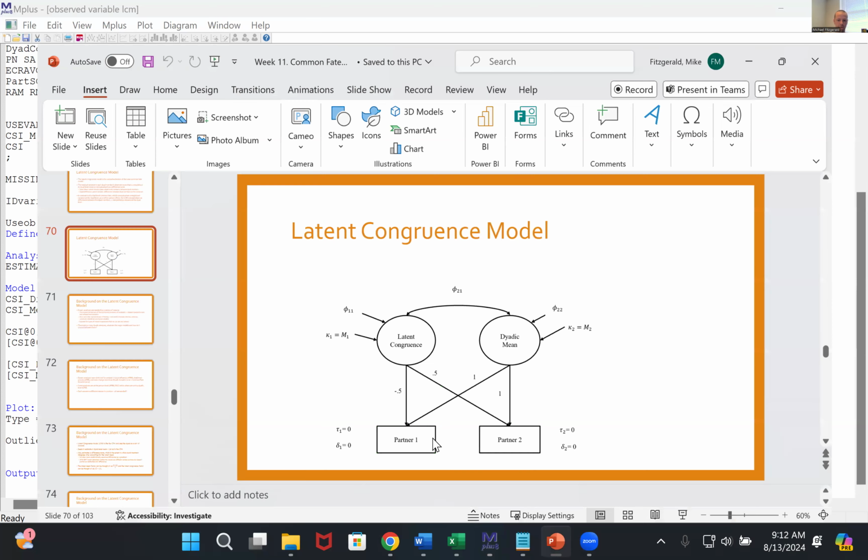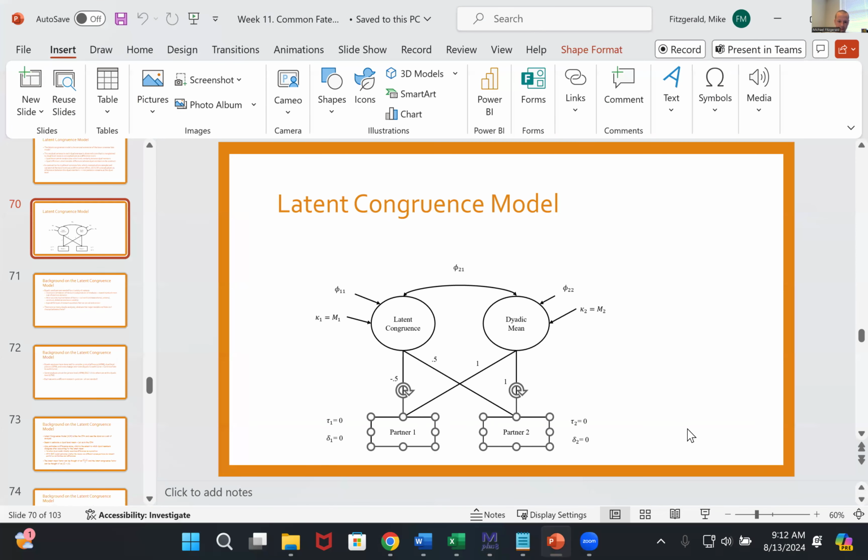So we're going to enter constraints on these guys right here. As you can see, tau 1 equals 0 and delta 1 equals 0, and tau 2 equals 0 and delta 2 equals 0. Essentially, this is constraining the mean of partner 1 to be 0 and the mean of partner 2 to be 0, which is your tau, this one. And then you have your delta, which is your residual variance. And so we are constraining that to be